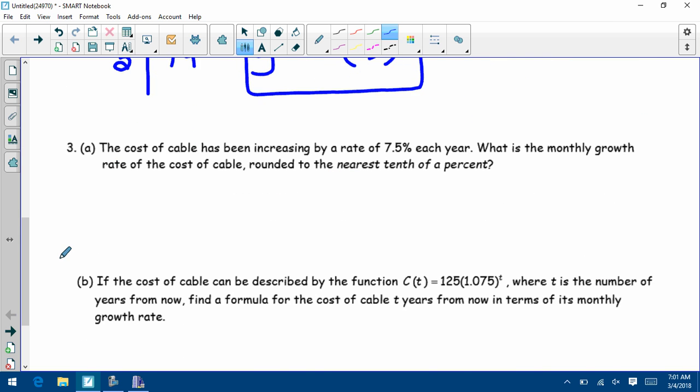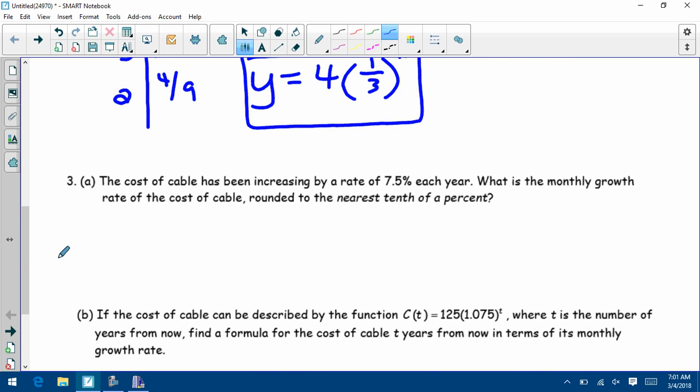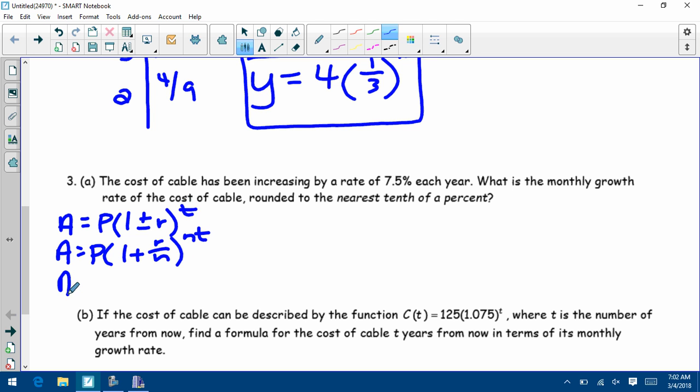These percent manipulation questions. This says the cost of cable has been increasing by a rate of 7.5% each year. What is the monthly growth rate of the cost of cable rounded to the nearest 1/10 of a percent? Now for the test tomorrow, you're going to need to know 3 equations. We've got A equals P times 1 plus or minus R to the T. We've got A equals P times 1 plus R over N to the NT. And we've got